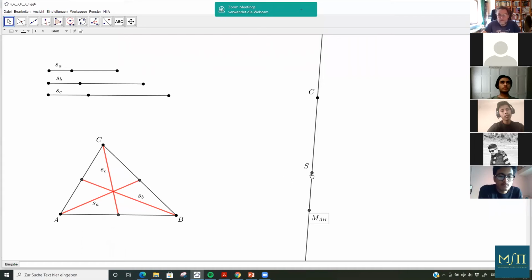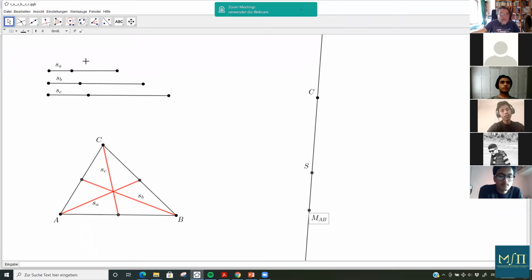But otherwise, we don't know the angles, so we don't know how we're supposed to draw these. But okay, and this is going to be the midpoint. Now, there is one other chunk of information, of course, that we do have that will prove useful. We know that the distance of A to the centroid will be 2/3 of the length of the median SA. And we know that 2/3 of SA, that is this distance here. So that means that the point A will lie somewhere on the circle with midpoint S and with this radius